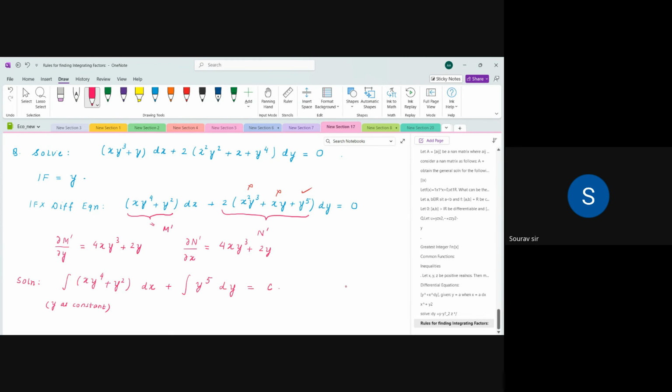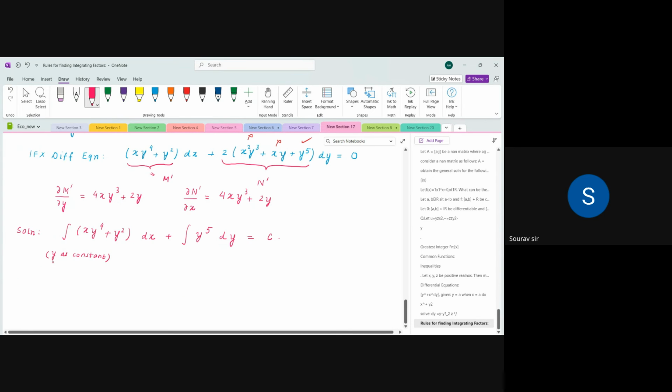So this will become x square y to the power 4 divided by 2 plus x y square plus y to the power 6. Okay, sorry, a 2 will come outside, right? Because I'm taking 2 times y to the power 5. So this will be y cube by 3 is equals to,